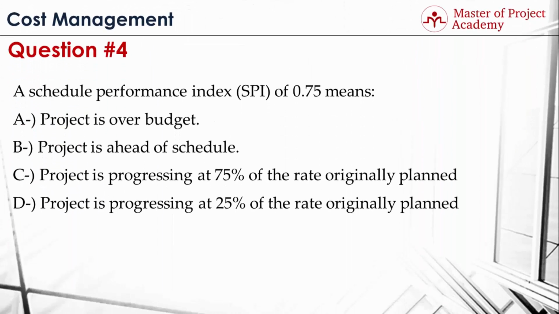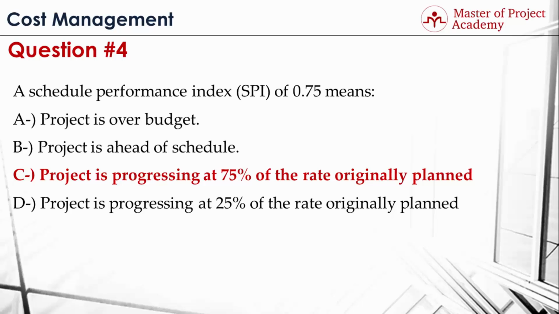Question 4. A Schedule Performance Index, or SPI, of 0.75 means A. Project is over budget. B. Project is ahead of schedule. C. Project is progressing at 75% of the rate originally planned. Or D. Project is progressing at 25% of the rate originally planned. The answer is